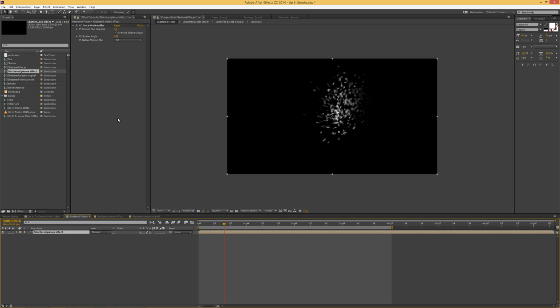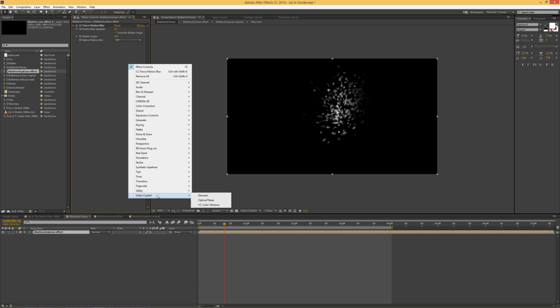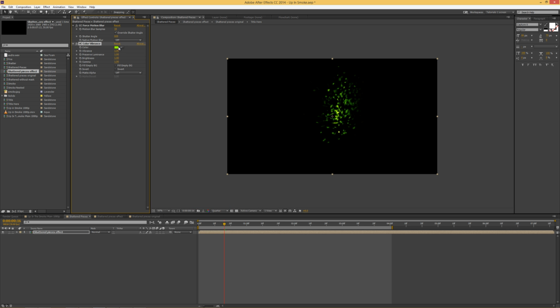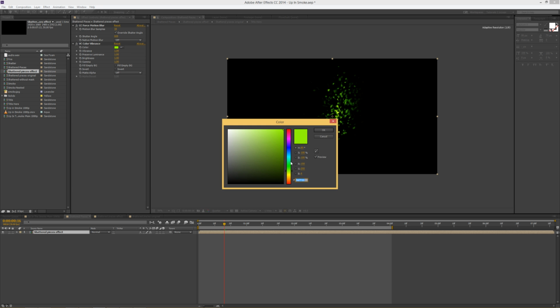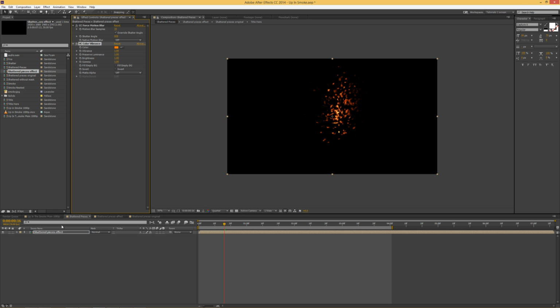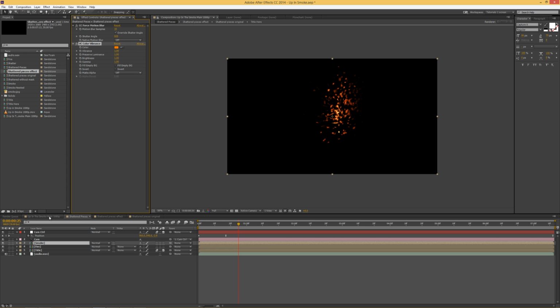After that, we're going to apply the same effect color vibrance and we will set it to firing again. And now we created the shattering pieces for the fire, like some fire particles that we have,